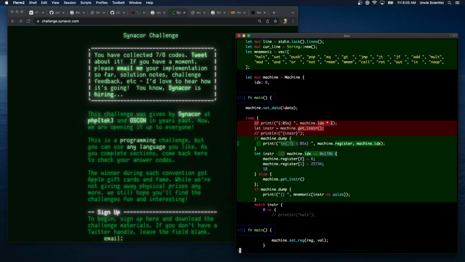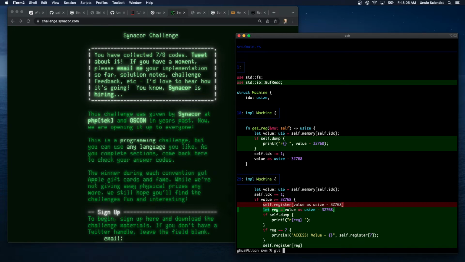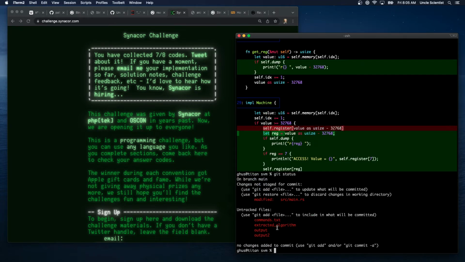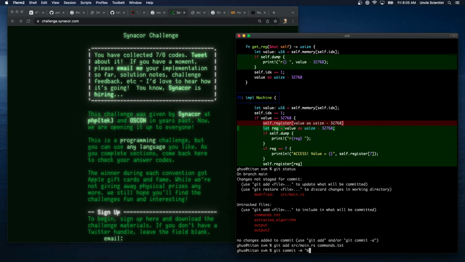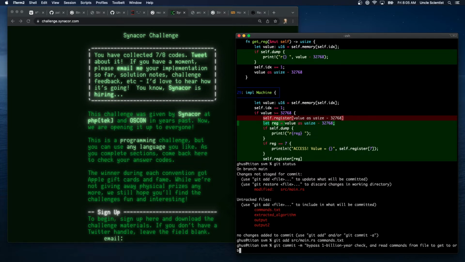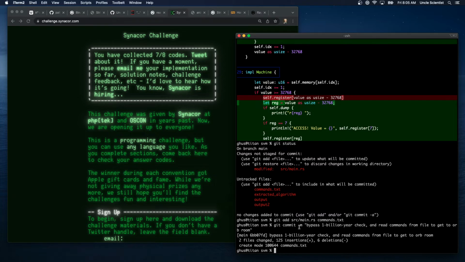Okay, so this is updates to handle, and I don't want to add these other things. I guess I could add the extracted algorithm. I don't need the output or output 2. Git add source main and commands. Bypass 1 billion year check and read commands from file to get to orb room. Okay. So, given that, we now need to come up with a way